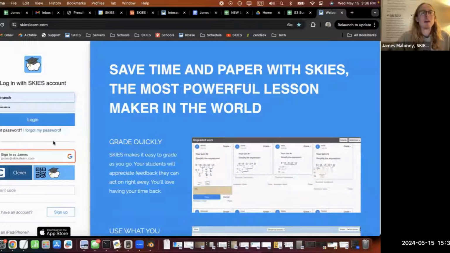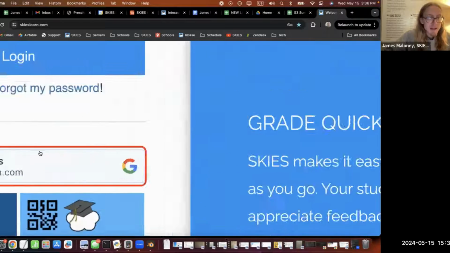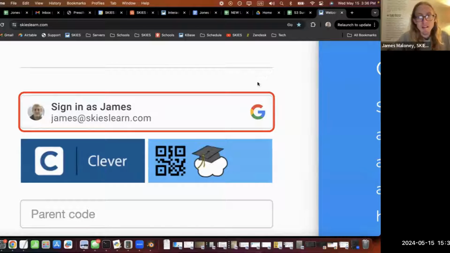Now, logging in. I just want to right off the bat jump to this Google button down here. There's a red border. It's got a G. Sorry, I apologize if you're having to jump back and forth between screens. Hopefully you've got two screens set up. I'm saying two screens, but I mean two windows. I only have one screen. Sometimes it helps if you press the escape key, because then you can have me on one side and your window on the other.